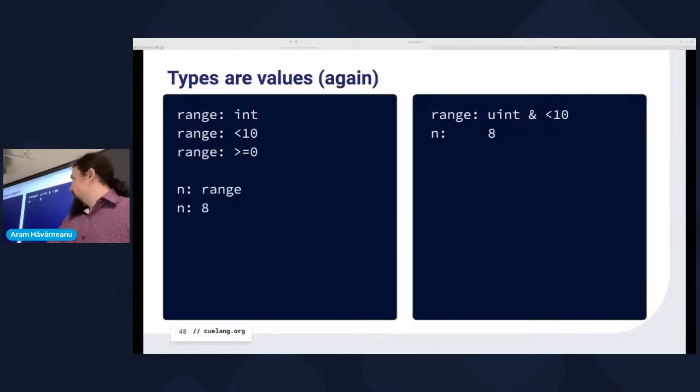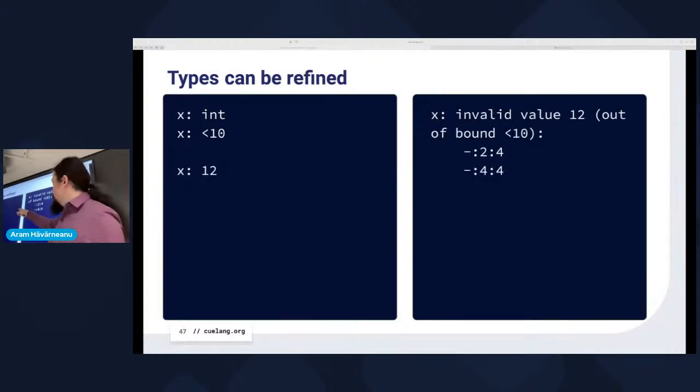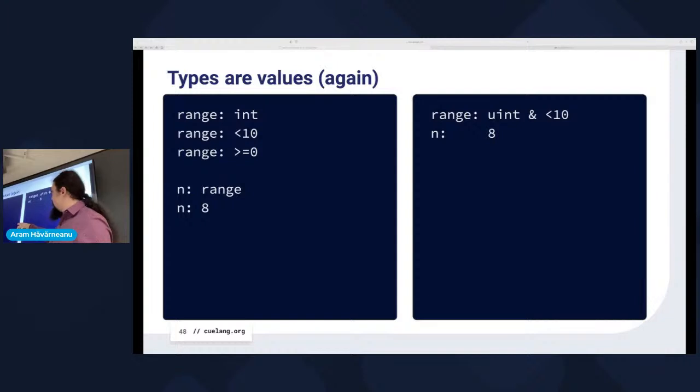And by the way, the difference between this example and this example is that here, less than 10, if you want to think about it in terms of a type, is sort of like an anonymous type. It doesn't have any name, but of course we can give it a name. So in this case, we create a range, something that's between 0 and 10, which, being an int, only has 11 elements. But then being a Q value, we can just say that n is part of range. So we can essentially create a new type this way. And of course, 8 is in that range.